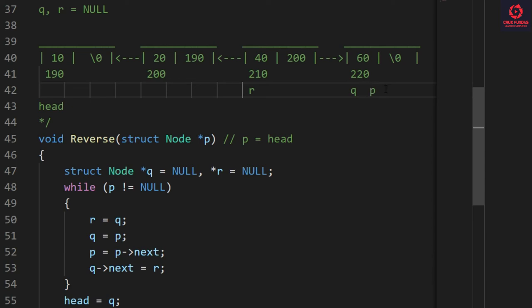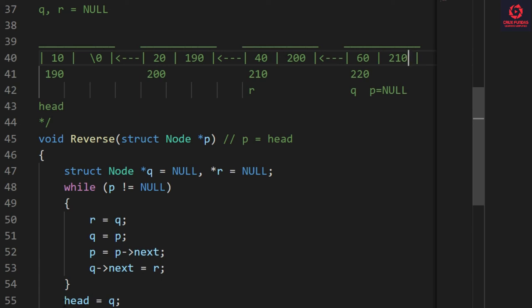So P will be equals to null. Now the next of Q will be set as equals to R. Next of Q, that is null, will be set as equals to 210. Now here this link will also reverse and the last node will point to the third node.